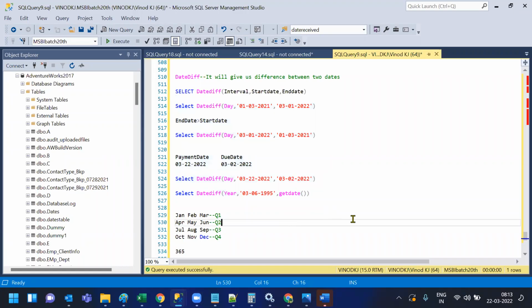Let's apply these date functions. I think we have one more function to finish, right? The ISDATE function. What the ISDATE function will give us is whether the given date is valid or invalid. For an example,